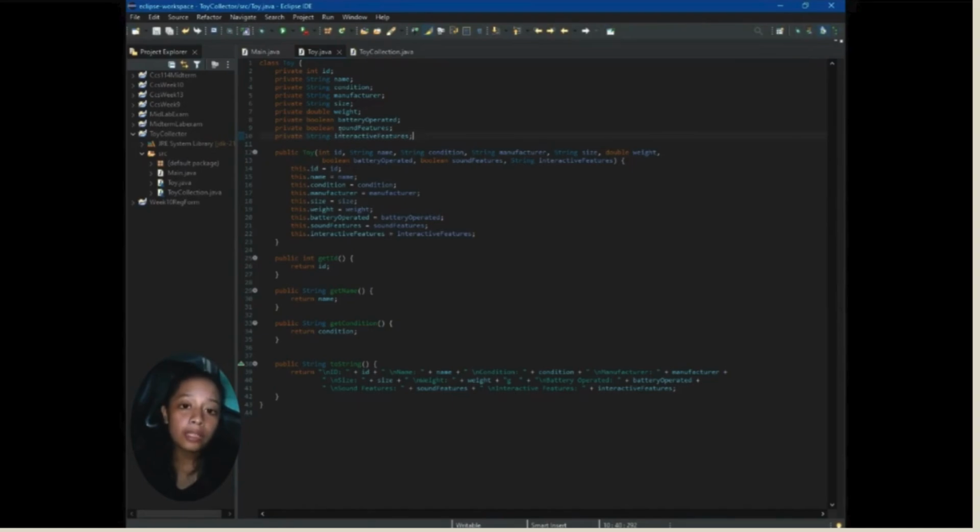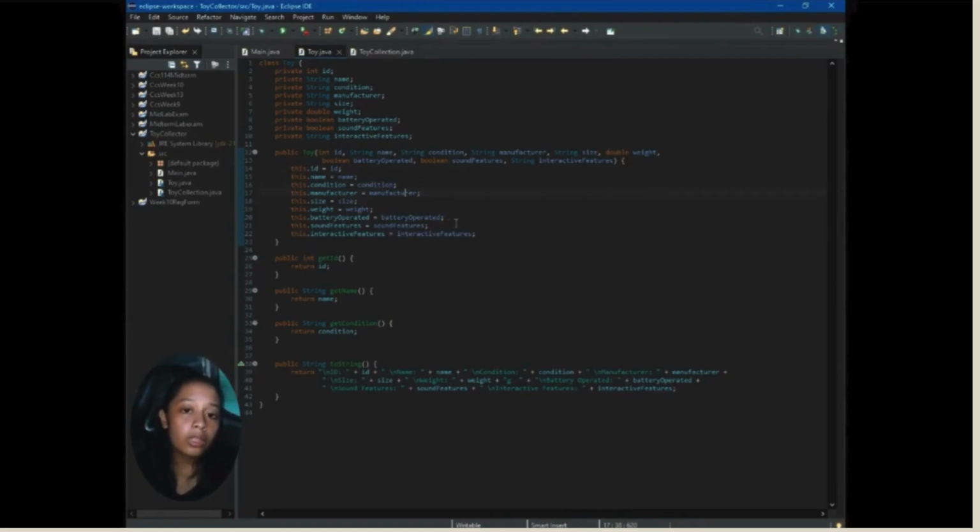To initialize these attributes, the class provides a parameterized constructor that accepts values for each property and assigns them to the corresponding instance variables using the this keyword. This practice ensures that every toy object is created with complete and well-defined characteristics. The this keyword helps distinguish between the instance variables, such as this.id, and the constructor parameter.